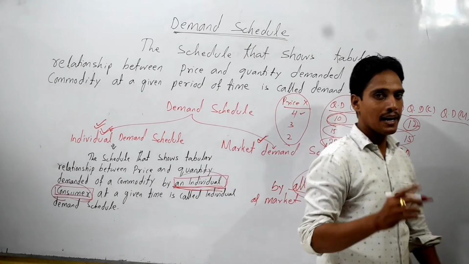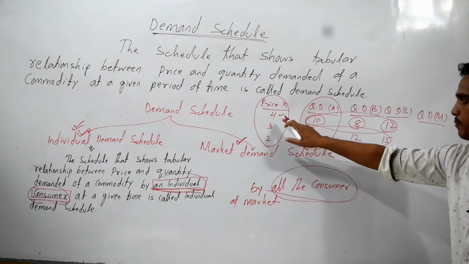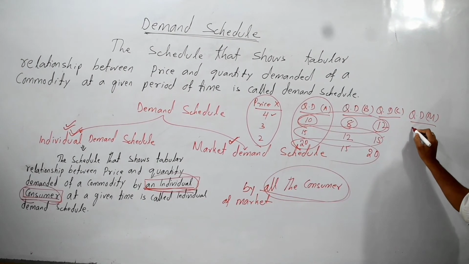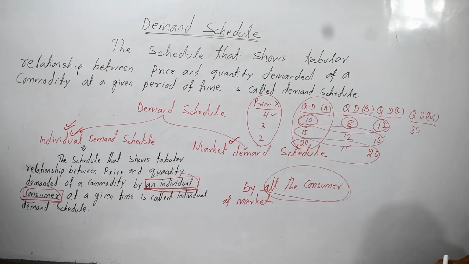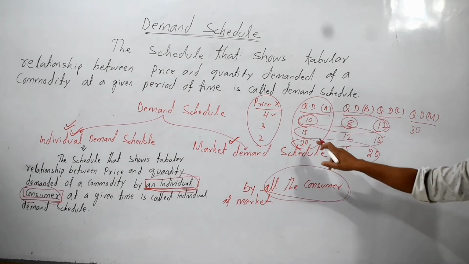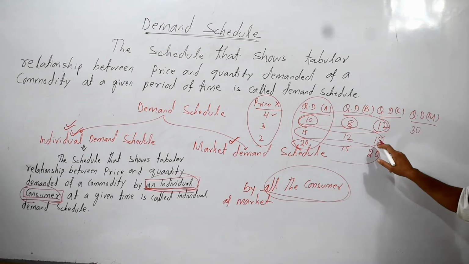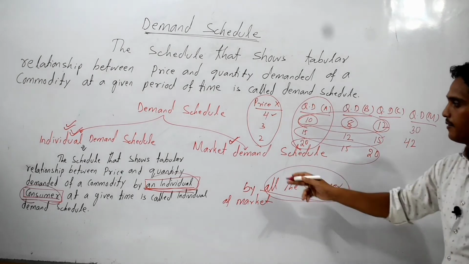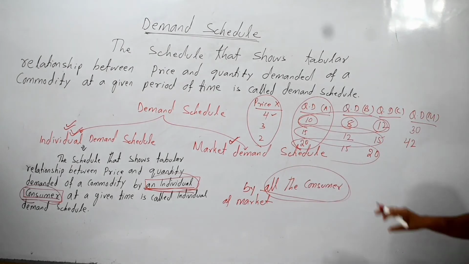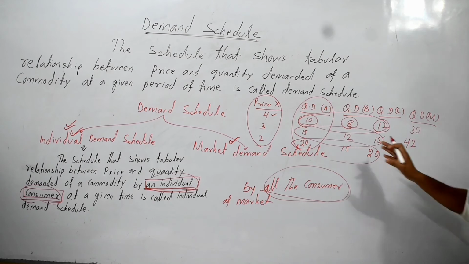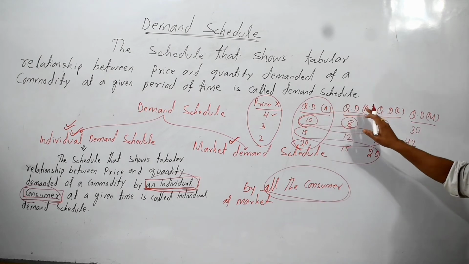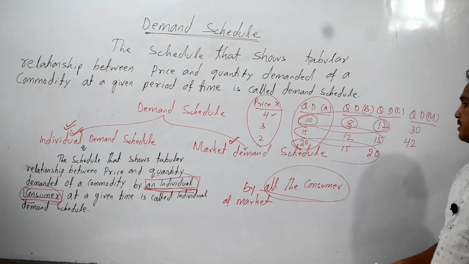So the market demand when 4 is the price of product X is 30 units. Similarly, when the price is 3, the demand of the market is 15 plus 12 plus 15, that is 42 units. And again, when the price is 2, the demand of the market is the total demand of consumers A, B and C,